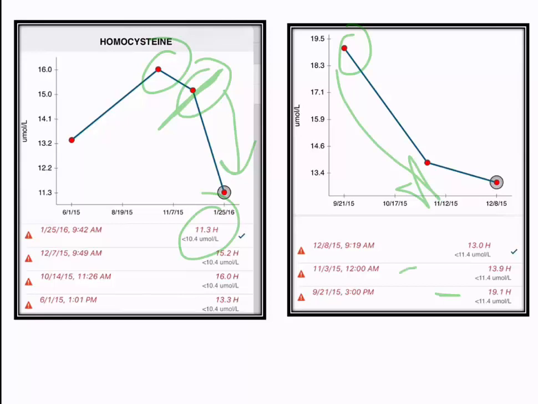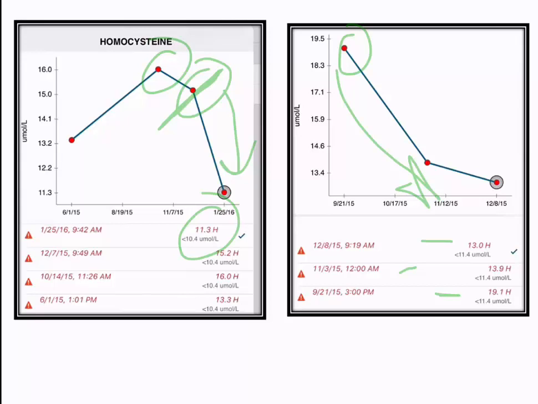It went down to 13.9 and then 13.0. His vitamin D was in the tank too. So he's done a whole functional medicine program, but his life is completely different in a matter of 3 months doing functional medicine. He had skin lesions, and his skin would get itchy and break out, and digestive problems. I mean, the guy was just a mess, and he's gotten his life back through functional